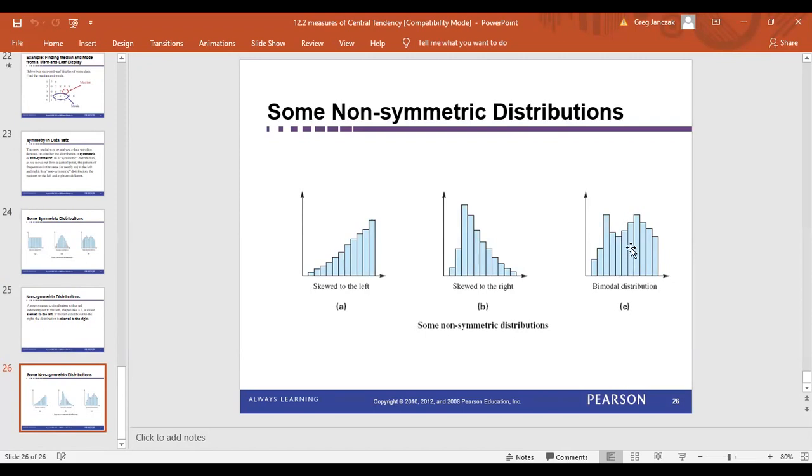And then this is a bimodal distribution. So a lot of people misinterpret skewed data graphs. They think this would be skewed left, but it's not. It's skewed by whatever side the tail is on. So this is skewed right and skewed left. All right. Any questions with that? Okay, and then